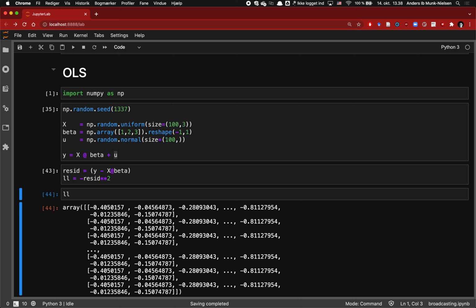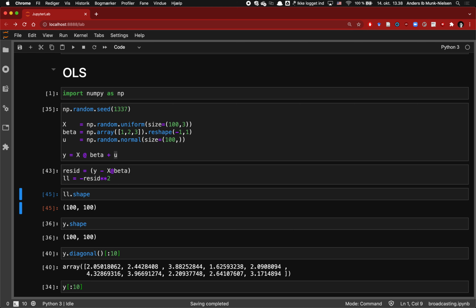So let's print out the full vector of likelihoods. And this one is then 100 by 100. So if we just type sum up here, it's actually going to sum all 100 times 100, so all 10,000 elements of LL. So this could be hiding a very nasty bug